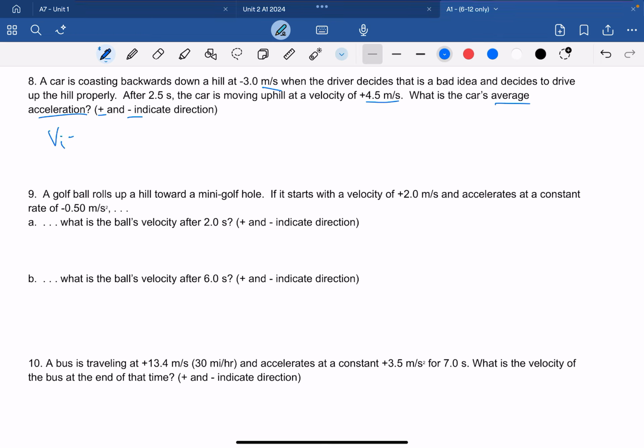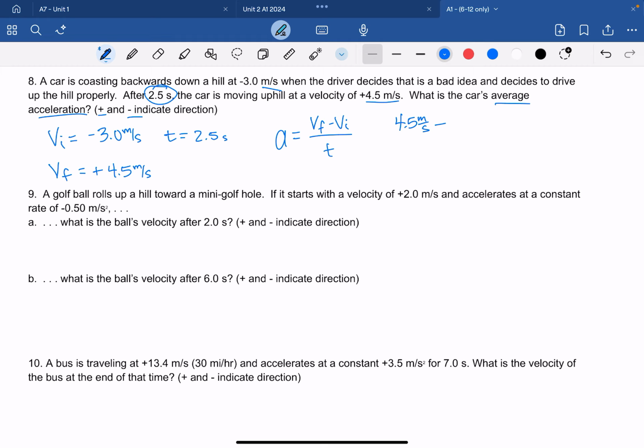I don't have too much room up there, so I'm just going to go velocity. Initial velocity is that negative 3.0 meters per second. Our final velocity is that positive 4.5 meters per second. And we also know that 2.5 seconds go by. So our time is 2.5 seconds. So our formula, Vf minus Vi, all over the time. In this case, our final velocity was the positive 4.5 meters per second minus